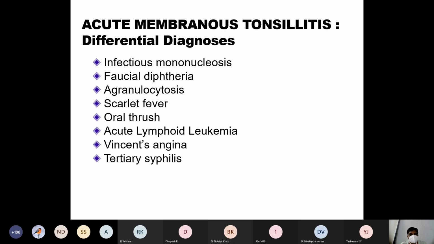There can be faucial diphtheria. It can be formed when there is an acute exacerbation of granulocytosis, that is in acute lymphoid leukemia or myeloid leukemia. It can occur with scarlet fever, oral thrush, Vincent's angina, and tertiary syphilis as well. But tertiary syphilis is very uncommon. I have not seen it. It is supposed to be having an increasing prevalence because